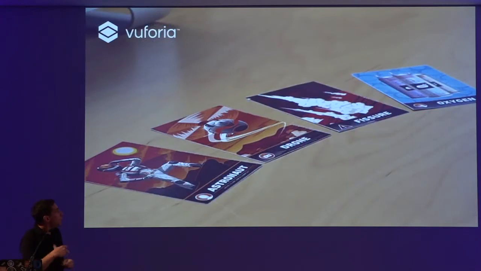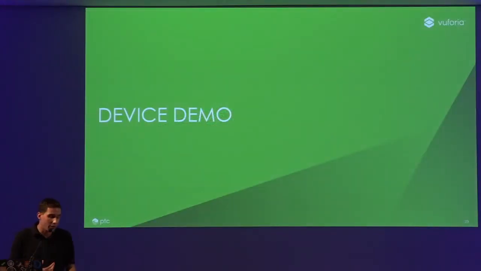Now, in addition to all this object stuff, one of the things that we're doing is that we've created this set of playing cards that are available to any of you guys. And the deal here is that if you download Unity, you can grab our samples from the asset store, which is all free. And these cards will work with those samples. And what that means is that if you're excited about AR, as I am, you can go home or go back to your hotel, take these cards, use these samples, and you can start working with Vuforia right away. Now I'm going to show some quick demos here using these cards and some of the things that you could potentially do with the